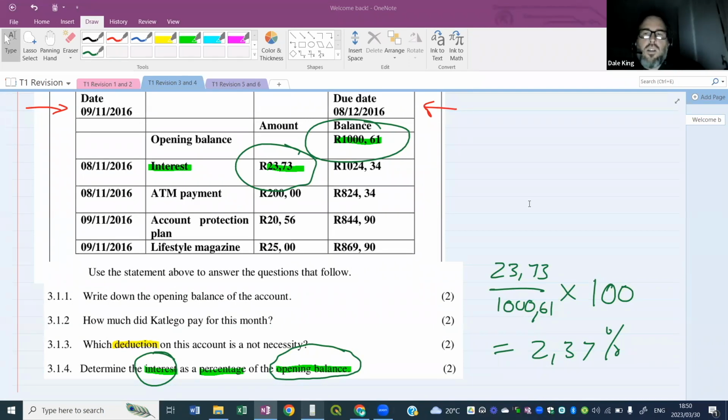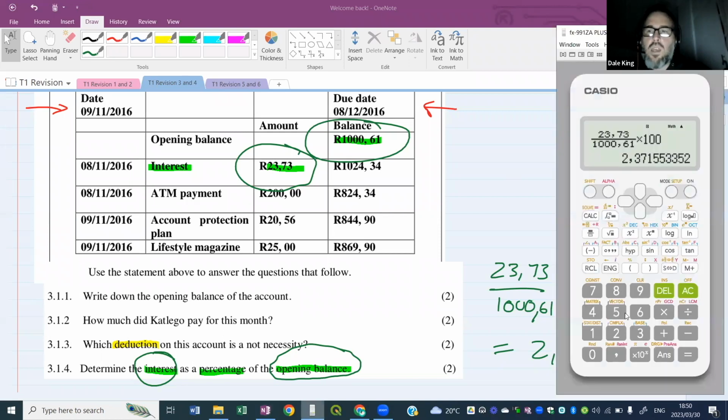Yeah, if we worked out an annual one, how could we work it out actually? That's a good question. How could we get an annual percentage from this 2.37 here? What could we do? All right, annual means for a year. This is a monthly statement. Very good, Shiamo. We could times this by 12. Okay, so if we actually take 2.37, I'm doing things in the dark here, so 2.37 and times it by 12,